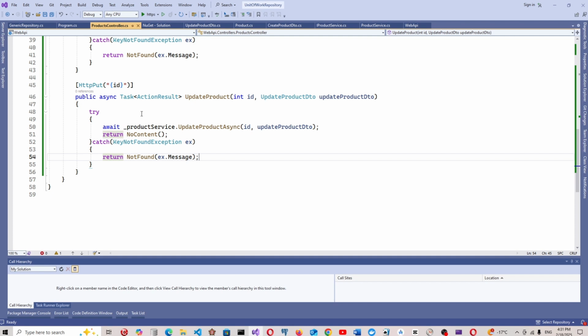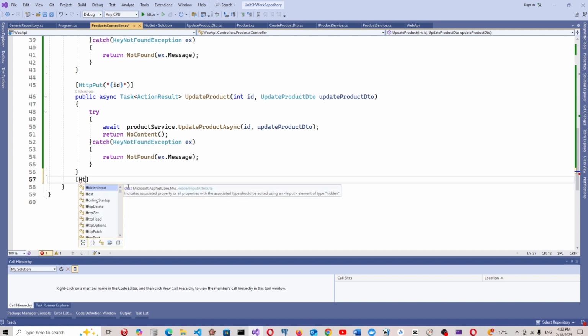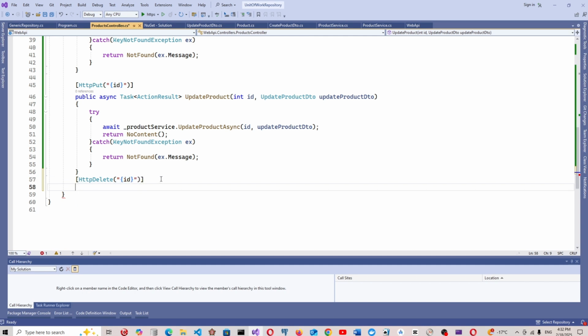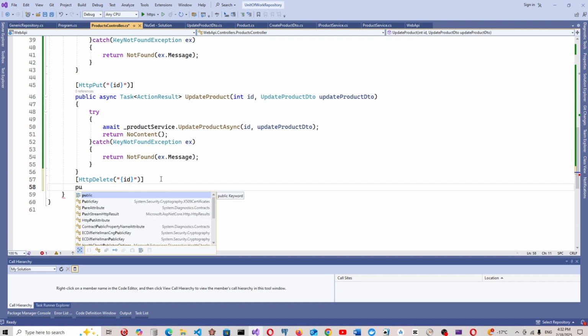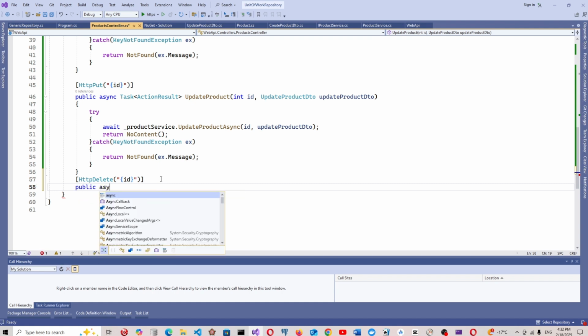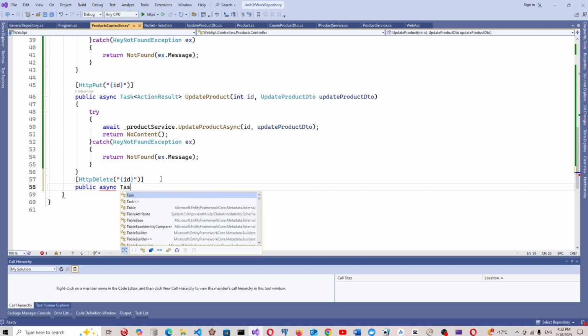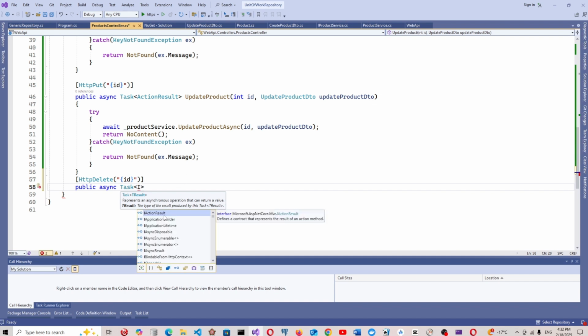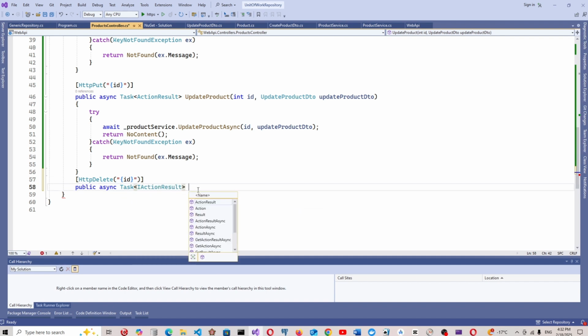Let's go first. Let's say delete. Delete will be HttpDelete with the parameter of ID, and then this will be public async Task of ActionResult. Return nothing,